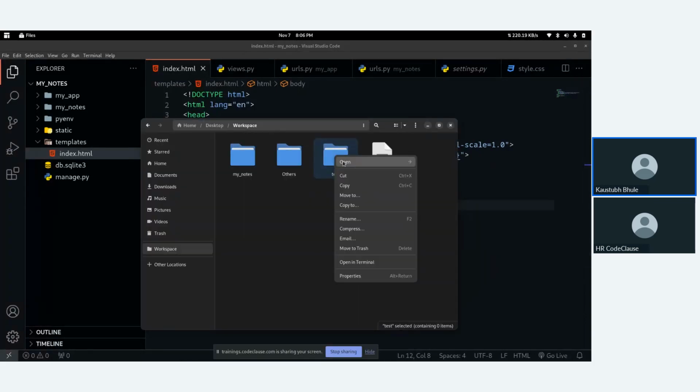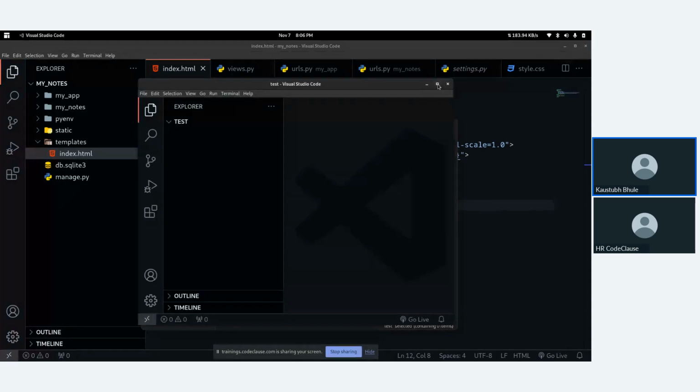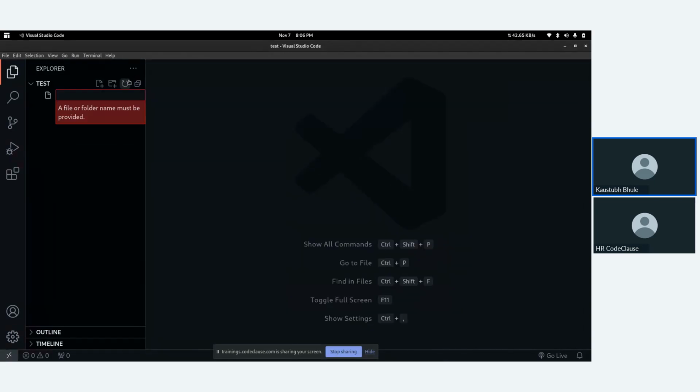Now let's open this folder in VS Code. Okay, so let's create the UI.